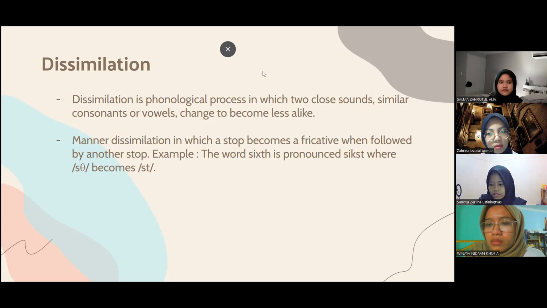In other words, it is a phonological process that changes feature values of a segment to make them less similar. So basically, manner dissimilation is one in which a stop becomes a fricative when followed by another stop. The example is the word six, which is pronounced as six, where the s becomes